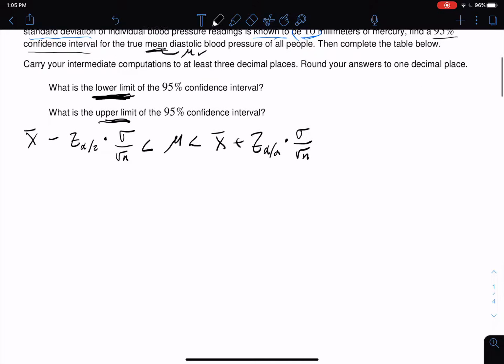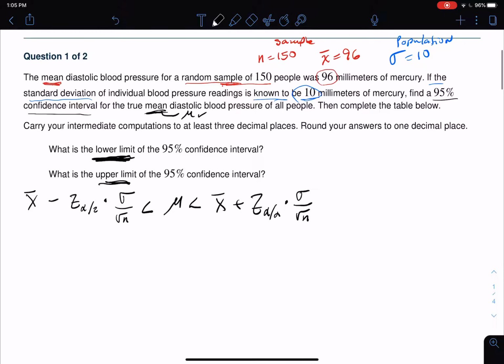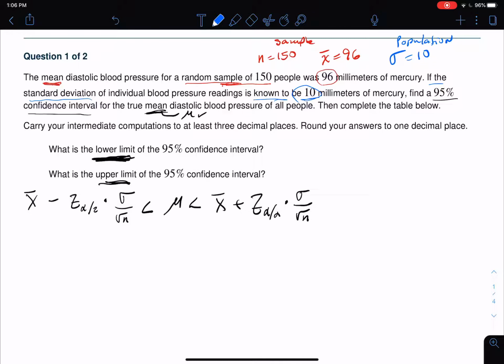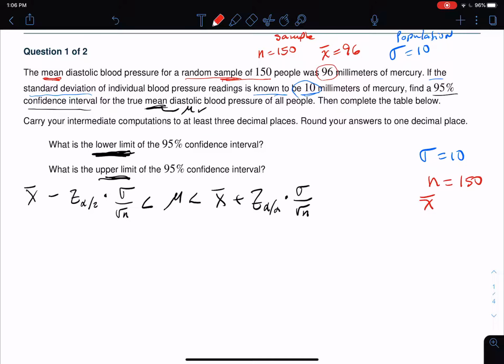Okay, let's write down the things we know, and you can see up here we already have some of this stuff figured out. I've got my population standard deviation, right? And then we also had a bunch of information from the sample. Sample size is 150. We also had our sample mean to be 96, and we're going to need to get our